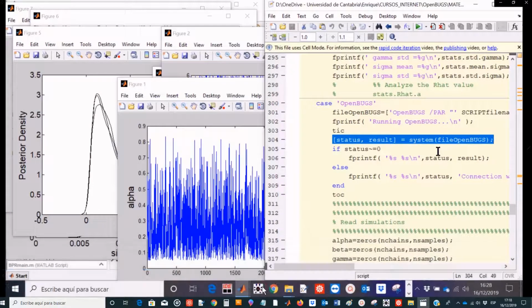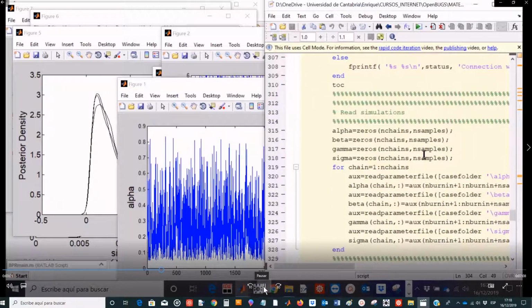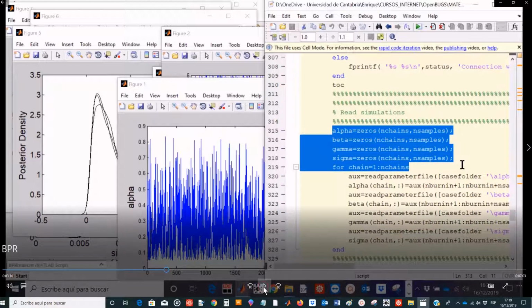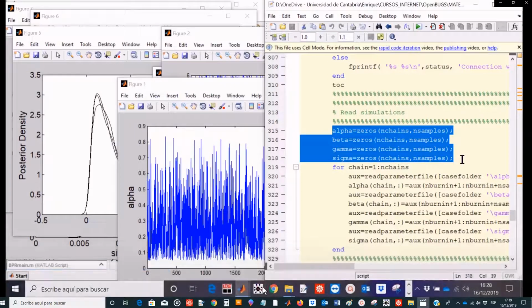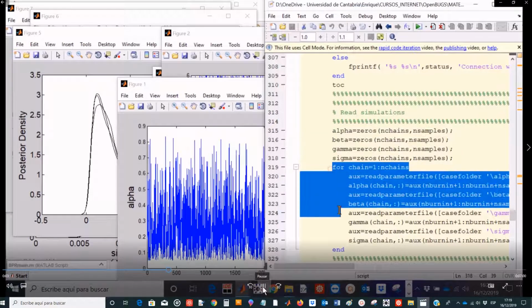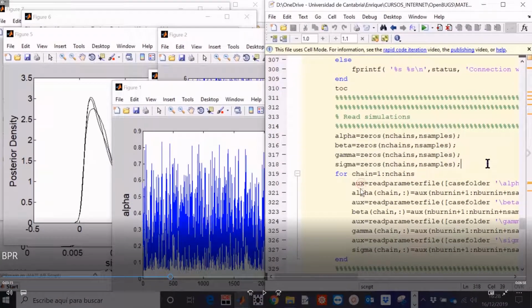So next, you need to recover the simulated samples by OpenBUGS, and then you initially create alpha, beta, gamma, and sigma arrays in order to store this information. Next, you have a for loop in which you generate one by one the alpha, the beta, the gamma, and the sigma values.